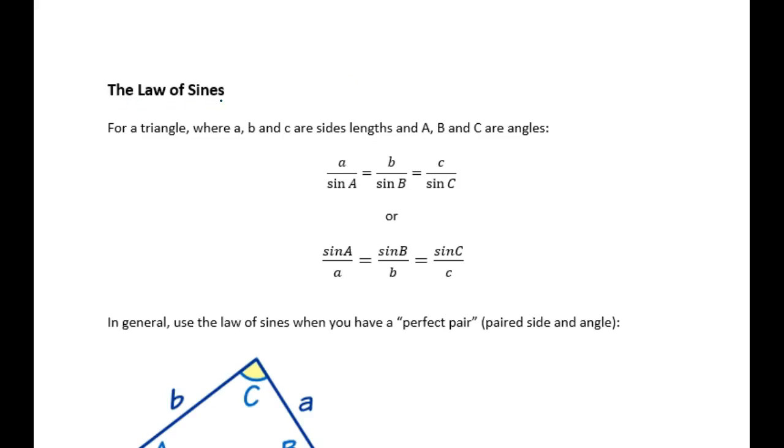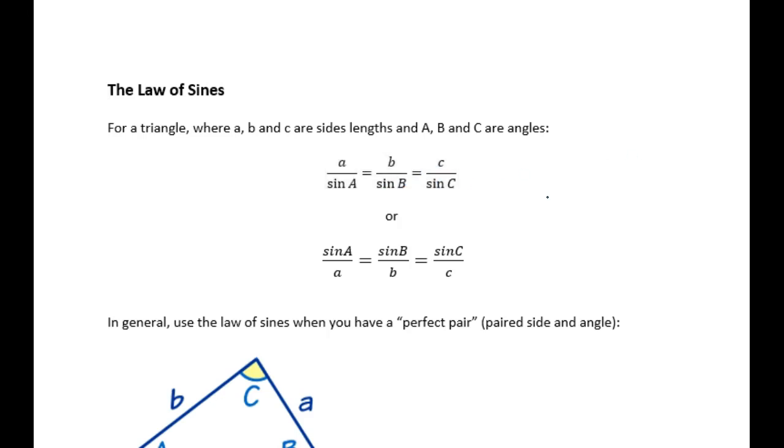So we're going to look at the law of sines, or sometimes called the sine law. So the law of sines says for a triangle where lowercase a, b, and c are the side lengths, and capital A, capital B, capital C are the angles associated with them, then the following is the sine law. So side a over sine of the angle A is equal to b over sine of B is equal to c over sine of